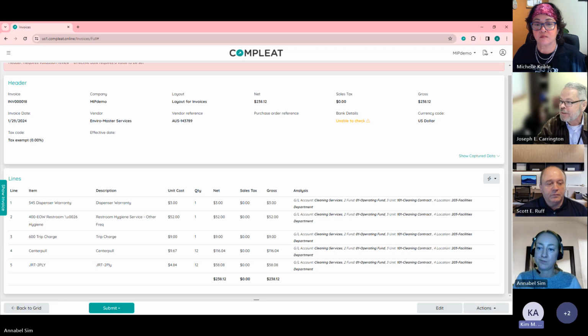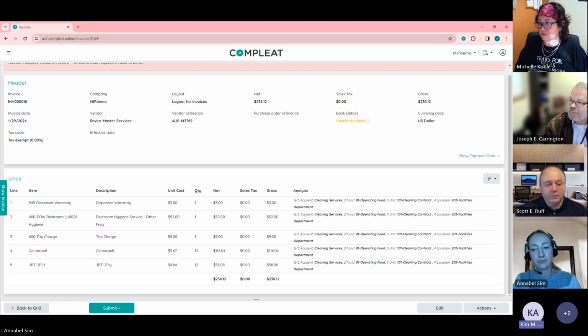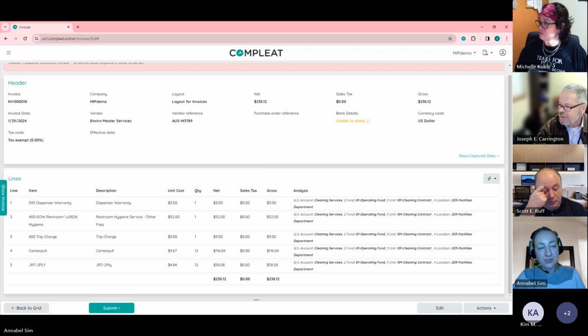So if, for example, you've got a vendor that you've been paying every month, and suddenly this month there's an added line that hasn't been there before, is that sort of thing going to get flagged? That sort of thing wouldn't get flagged, because it's only the core bits of information that